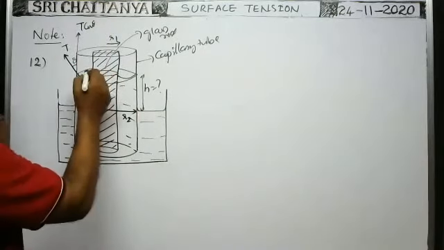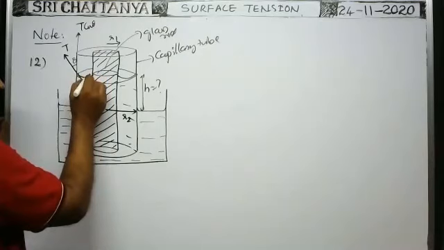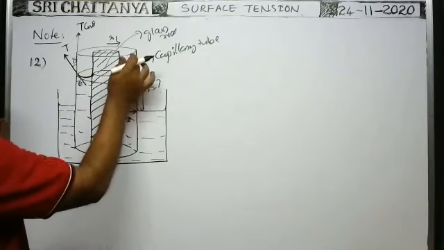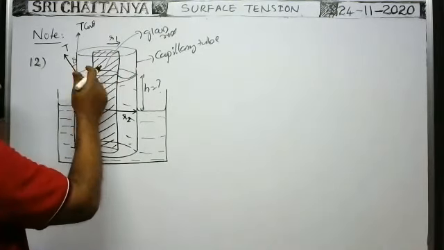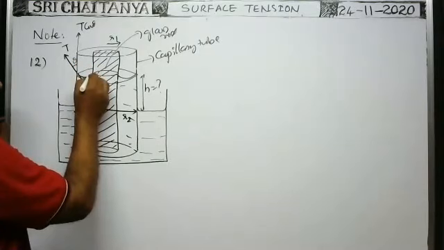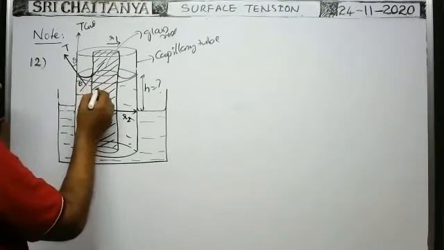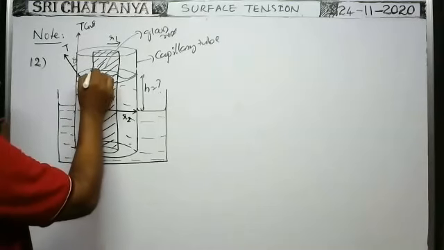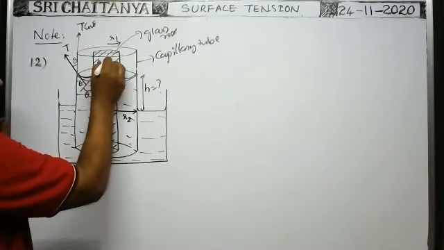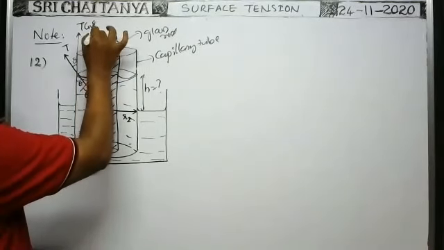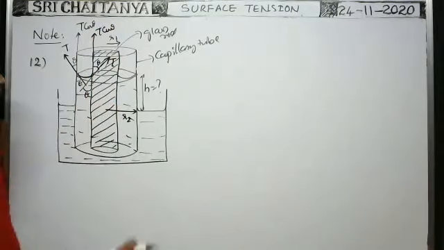Similarly, at the point of contact of the meniscus with the glass rod, of course it is a glass capillary tube and a glass rod, so the angle of contact is the same. At this point of contact, when you draw the tangent, the tangent is along this direction, and the angle of contact is theta, so this is also theta. Then surface tension is along the tangential direction. Its component along the vertical direction is also equal to T cos theta.